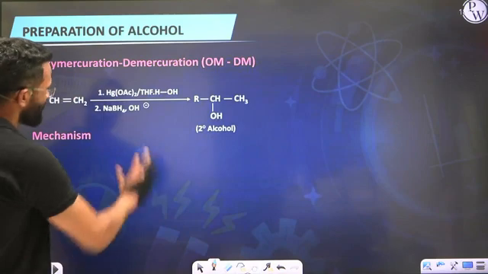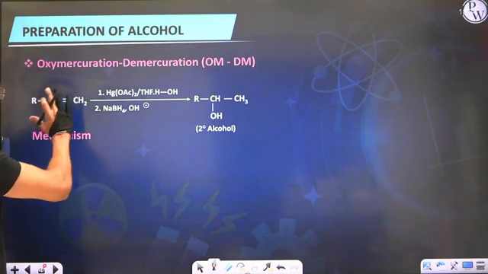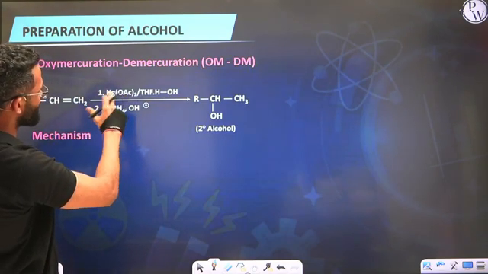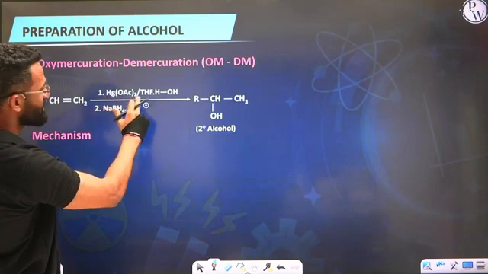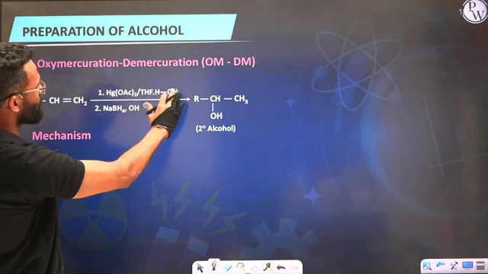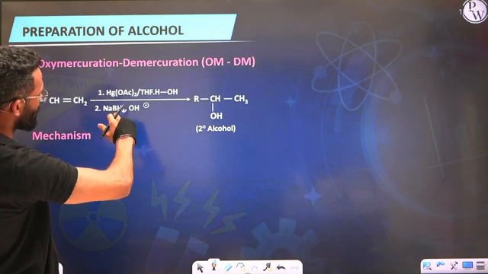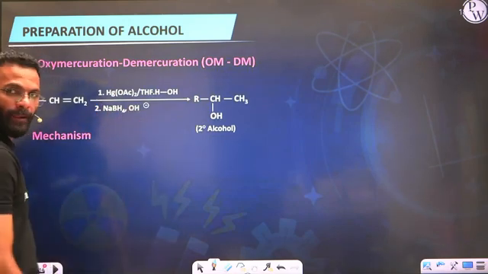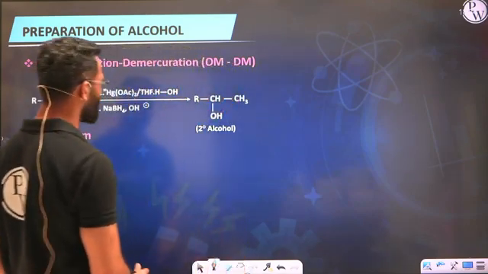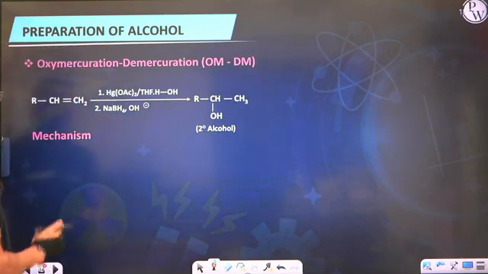Okay. Let's see the general reaction here. We have got an alkene. Purposely we have taken an unsymmetrical alkene to which we added mercuric acetate, Hg(OAc) twice, in presence of tetrahydrofuran as the solvent, followed by water. Then whatever intermediate you get, you further treat that with sodium borohydride in an alkaline condition. Okay. Now let's understand the detailed mechanism because it is the mechanism which will make us understand how exactly the reaction is taking place. Firstly,